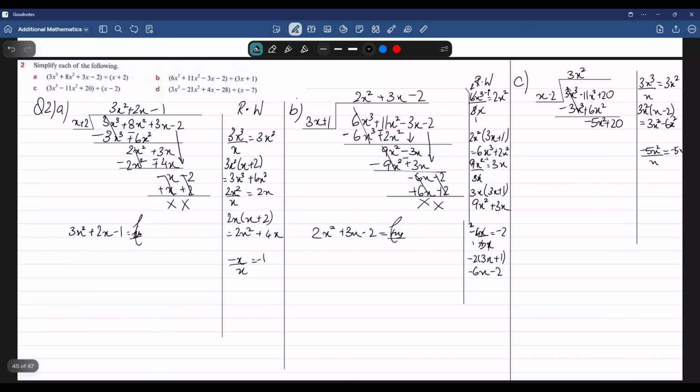So then we multiply negative 5x by x minus 2. This would give us negative 5x squared plus 5 2s are 10x. Then we copy this down here, negative 5x squared plus 10x. So that would give us